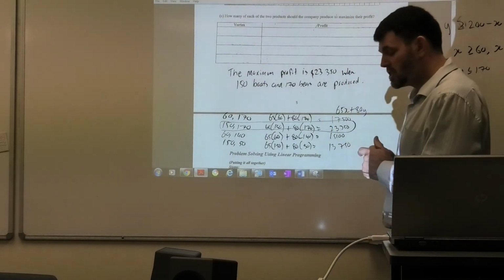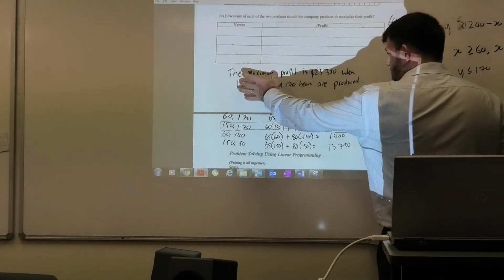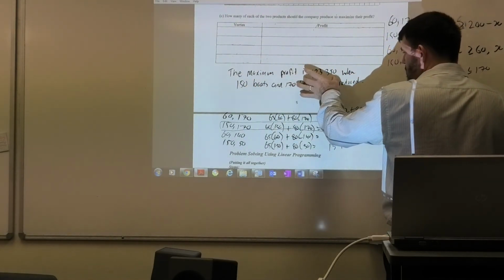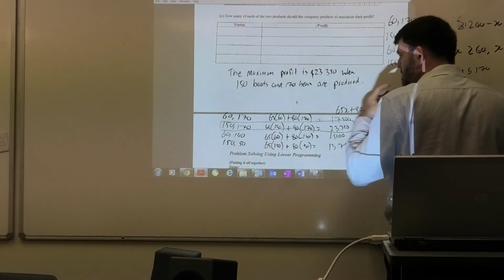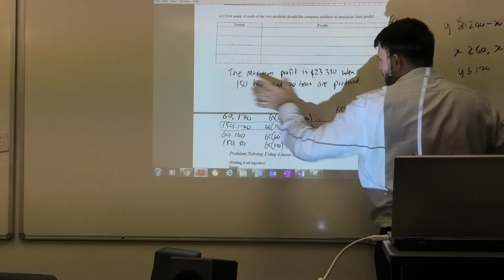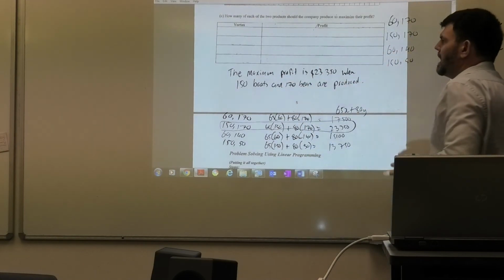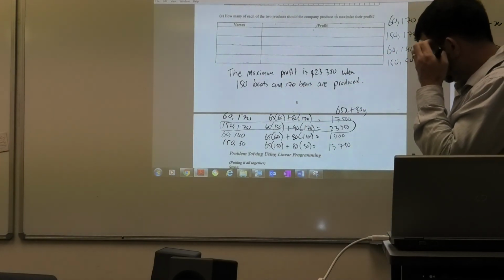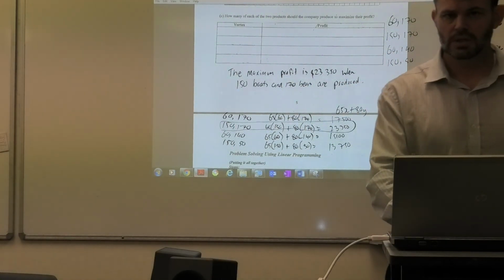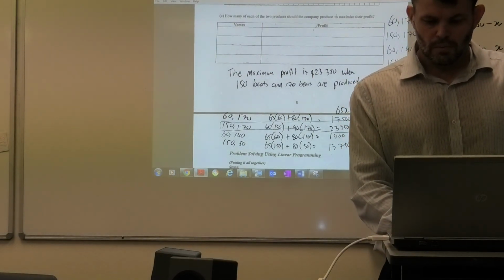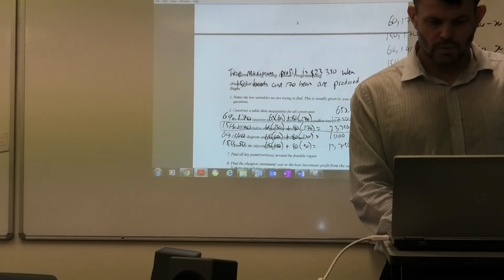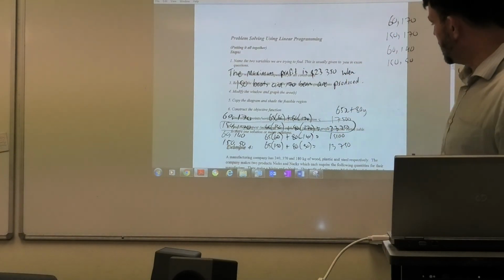Okay, so just like the last example, we write down what the maximum was, how much it was, and we write down X and Y, but this time we have names for X and Y. In this case, the X is boats, and the Y is bears. And that is how we work with those questions. So in your booklet here, if you look down a little bit further,